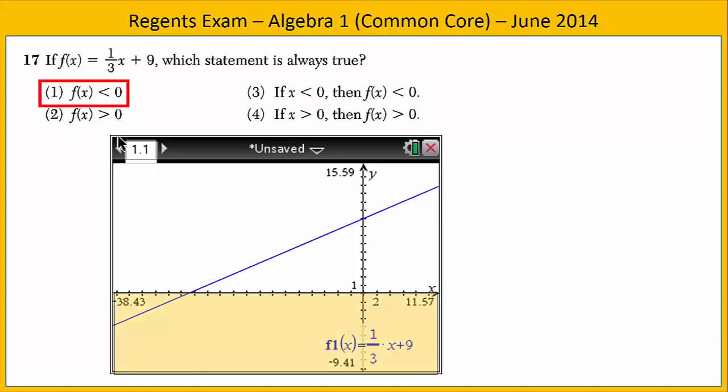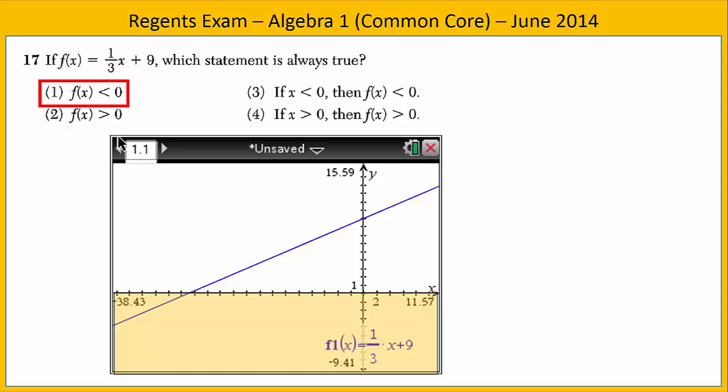If we look at the graph, we see in choice 1, the claim is f of x is less than 0. F of x represents the outputs, the y values. Are the y values always negative? Let's look at the graph. We've highlighted the region where the y values are negative. Are all of the y values negative on the graph? It doesn't look like it. It looks like there are some y values that are positive where it's above the yellow area,